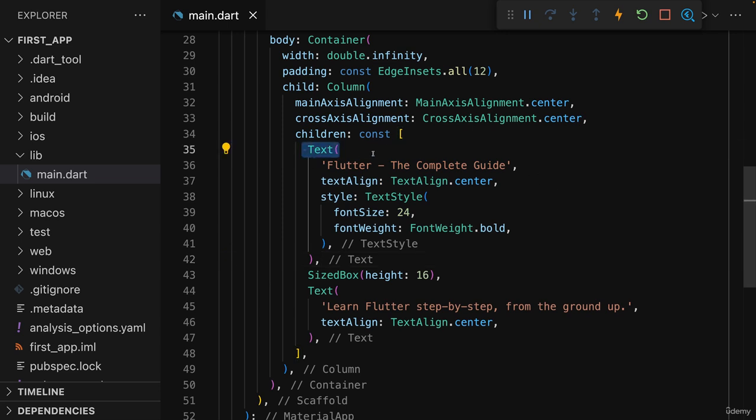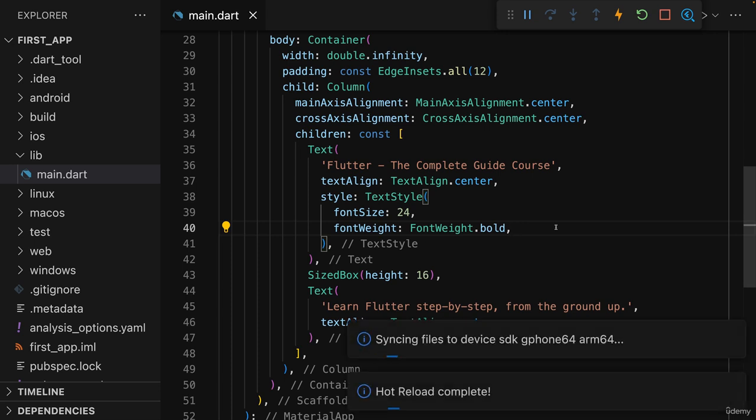Now in this text widget here, in this first one, you find this text here, Flutter the Complete Guide. And let's say we want to change this code and we want to rename this to Flutter the Complete Guide Course. We can simply make that change, and if you then save that code, and at the moment it's unsaved, as you can tell in VS Code by this dot here that's showing up next to the file name in this tab. But once you save that change, for example by pressing Ctrl S or Command S on macOS,